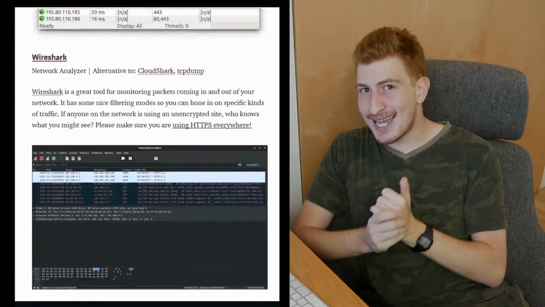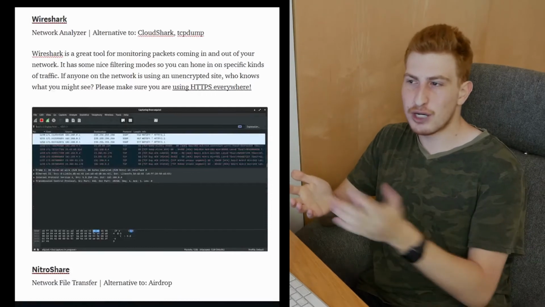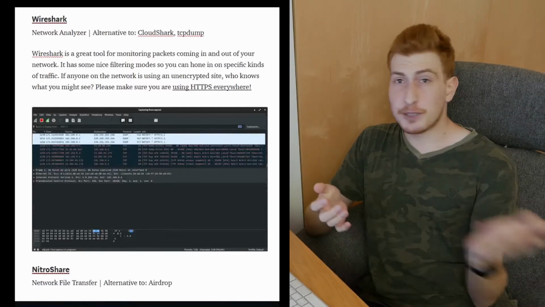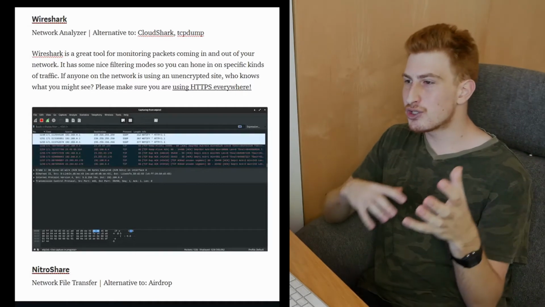If you need to analyze traffic on your network, Wireshark is pretty much the standard go-to. You can monitor packets going in and out of your network. It's got some great filtering modes, so you can sort of hone in on